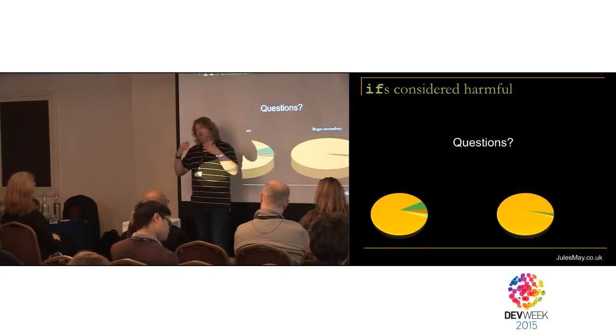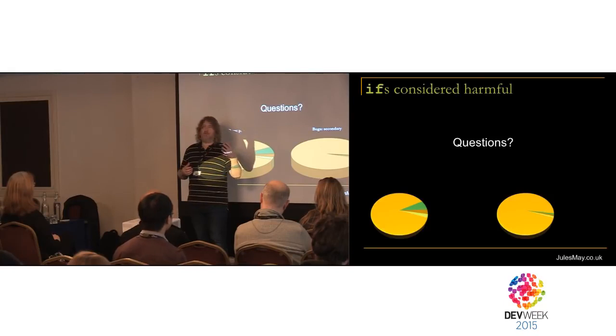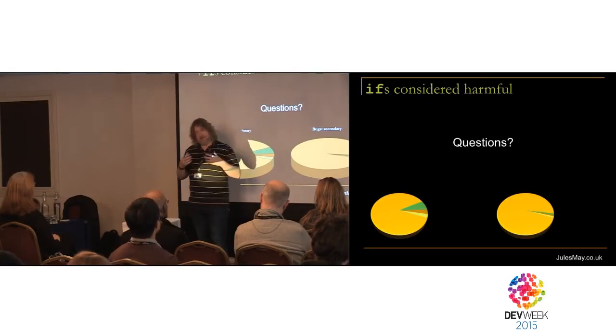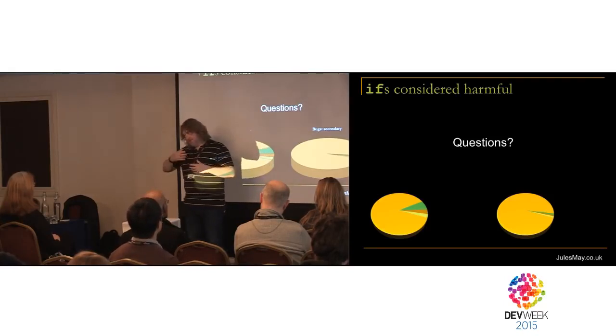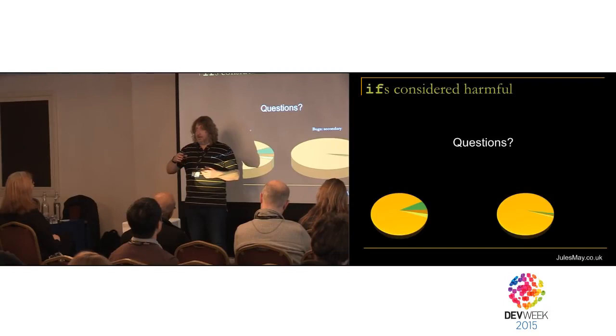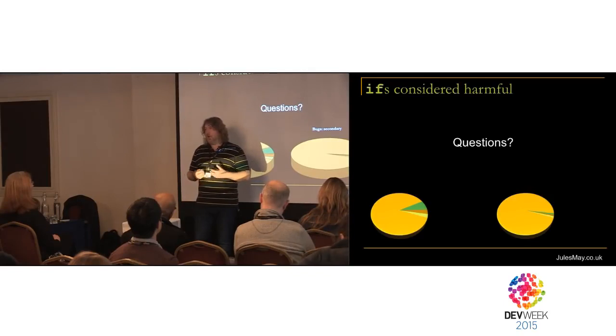But the thing is that this idea of functionalism, we have known for 30 years what the benefits are. It's just that it's been very difficult because you've needed to take this big step into the space to understand it, and a lot of people couldn't. But by trickling it into mainstream languages, it's making it much more accessible and people can take time over learning it. And again, I believe that in 10 to 15 years' time, normal programming will be much more functional in flavor than it is now.